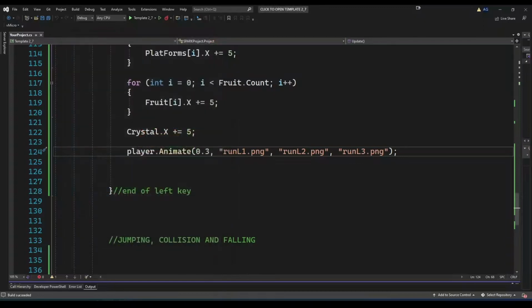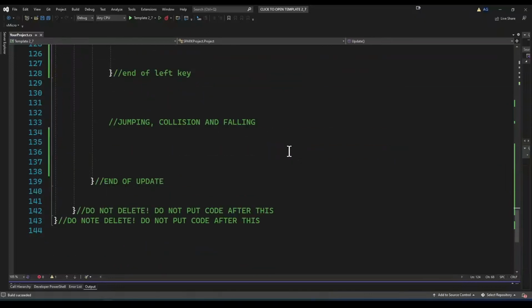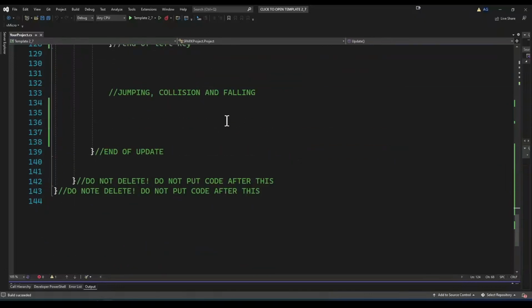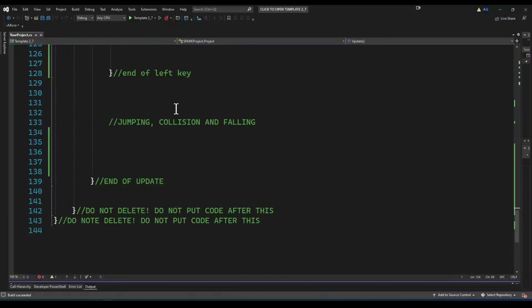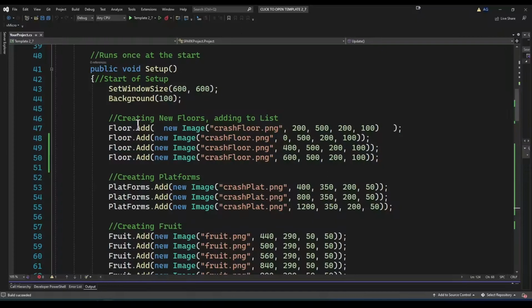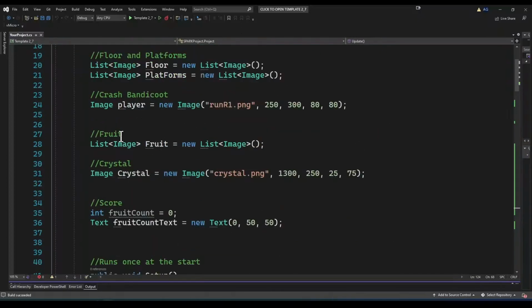Pretty good illusion. The next thing is that he's floating in the middle of the air. That's obviously not what I want. So let's have him fall. Now in this case, we're going to use gravity or something to constantly make him fall. So we're going to go up top here and do our Crash Bandicoot